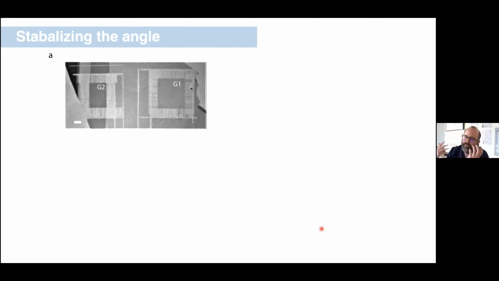So if you have a lot of edge, it's a way to create a bit of glue in your system and stabilize the angle. So we're pursuing that kind of idea now. Here's a concept. We have a piece of graphene and we've cut two pieces out of it, G1 and G2. It's hard to see here, but what we've done is add what we call, in our group, whiskers to these systems. So there's a lot of really fine comb structures that come out of each edge.